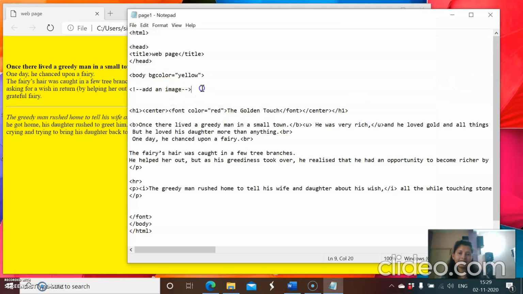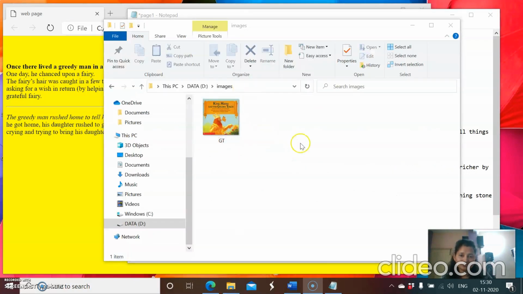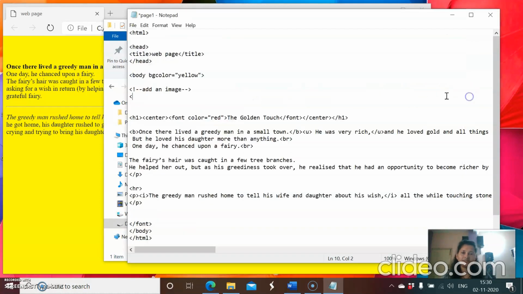Okay, and now I'm going to add an image. So I want to add this image from D drive. I need to write the image tag and then image source equal to, in inverted commas, D drive, backward slash, and the place.